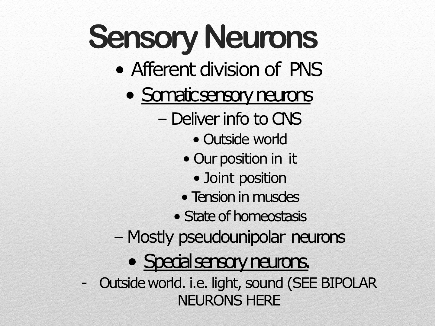This is somatic, so we're talking about your position in the world, joint position, tension in muscles, state of homeostasis, skeletal muscles, joints, skin, and this is mostly pseudo-unipolar neurons. These somatosensory neurons are pseudo-unipolar, and they're going to have the dorsal root ganglia outside of the central nervous